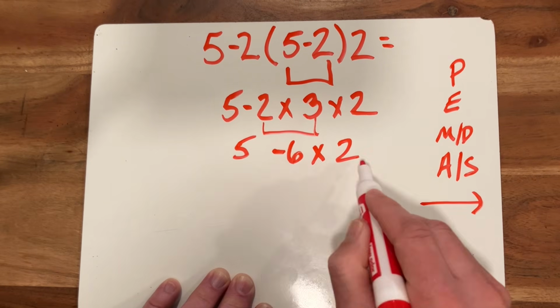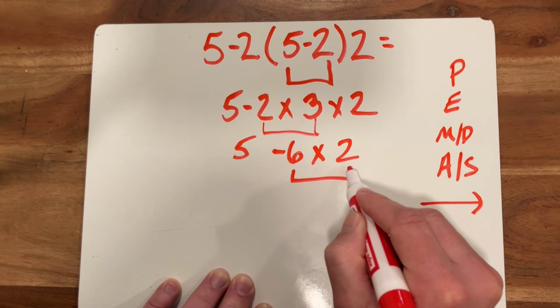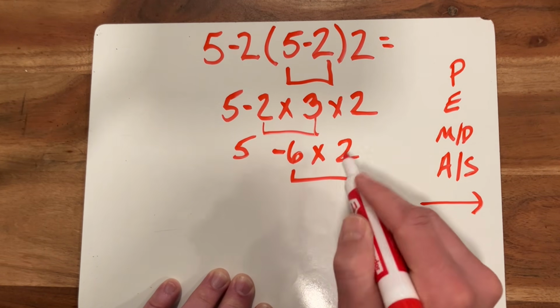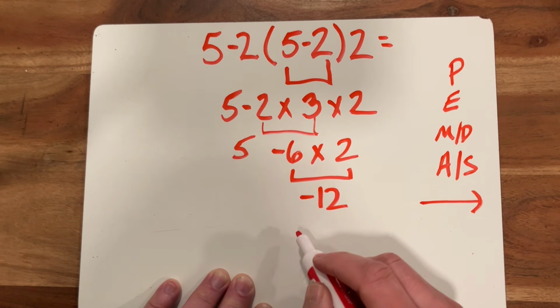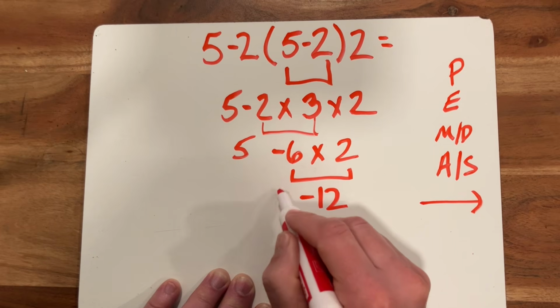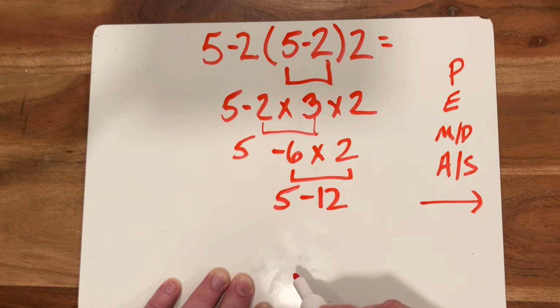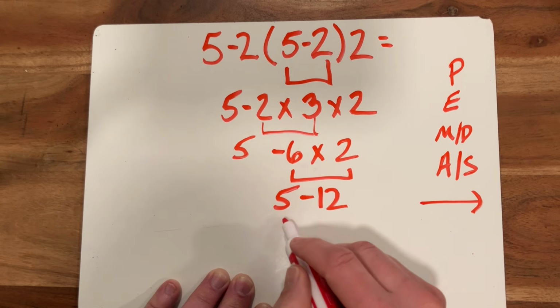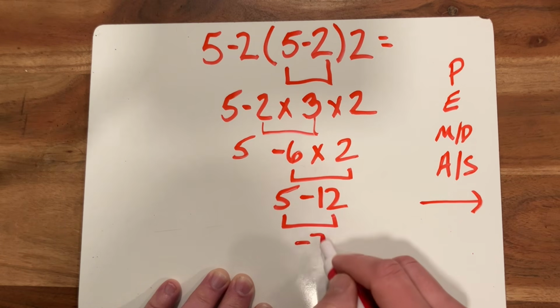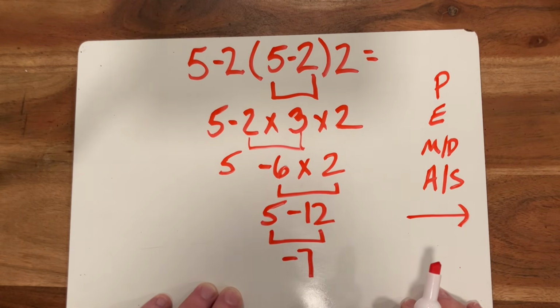And again, we'll solve this multiplication. -6 times 2, which is going to give us a -12. We'll bring down that 5. And then the final step is 5 minus 12, which is going to give us -7. So the answer to our equation today,